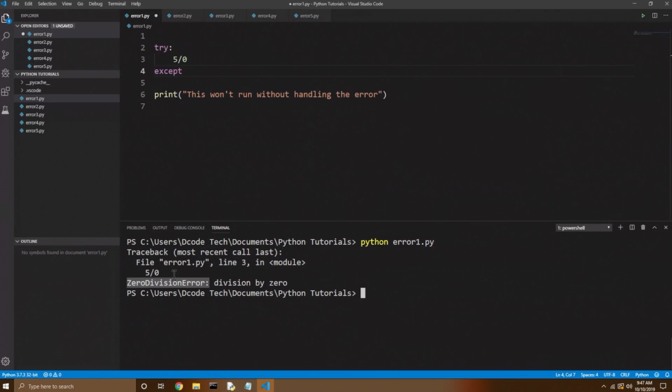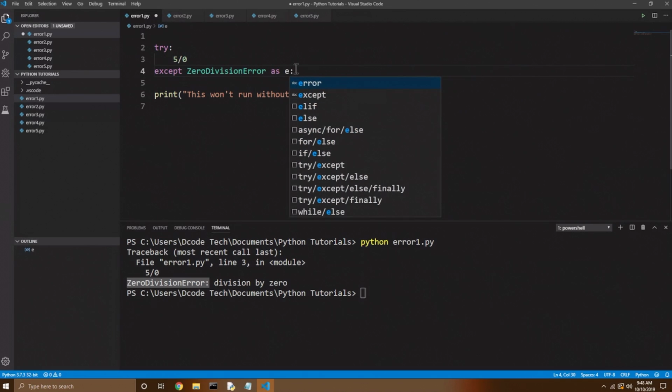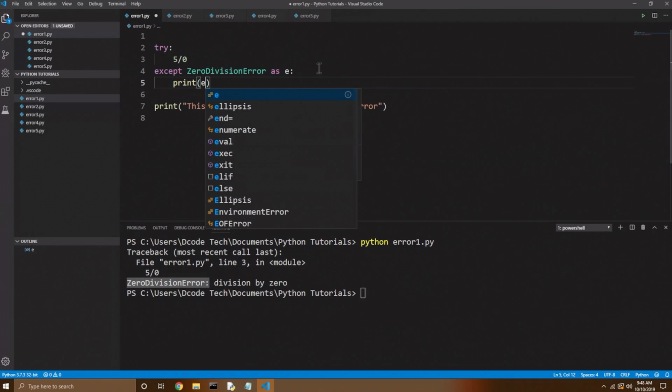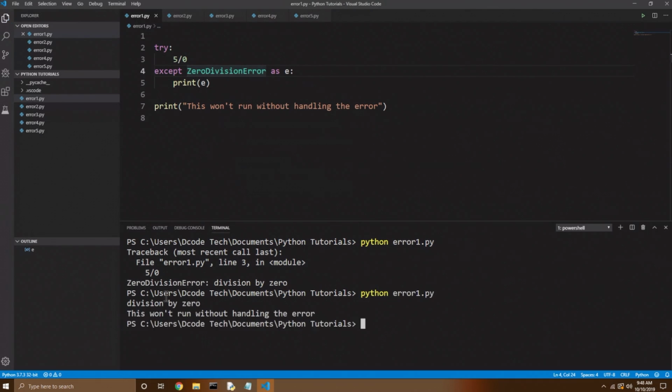So I'm going to copy this division by 0 error. And notice I did want the colon on the end there because a block of code is coming. And oftentimes what people will do is maybe just print out what that error is. So what they'll do is they'll say as e, so store this exception as e. And that's very much like if you watched my last tutorial on files, how we said with open some file as f, f standing for file. Here e is just like a variable for error. And then what I actually want to do is just print out that error message. Now if I save this and run the code again, you'll see we just get printed out division by 0, and this time it lets you go into the rest of the program and it prints out the print statement